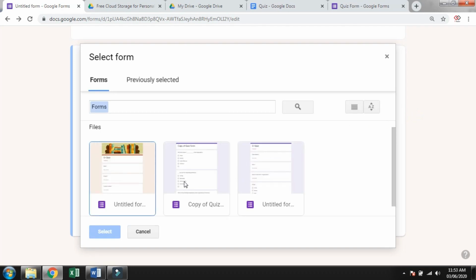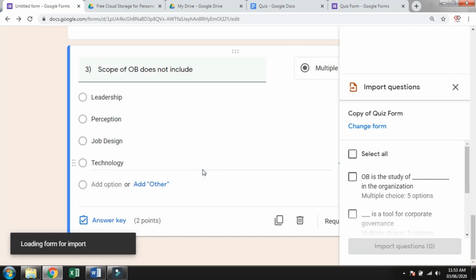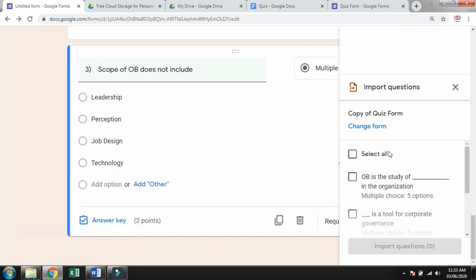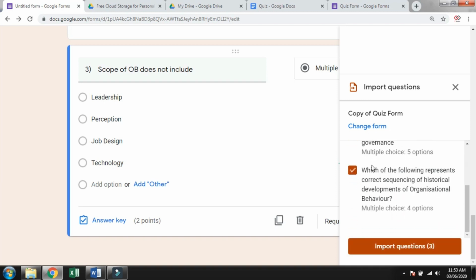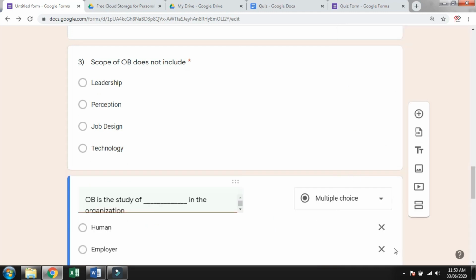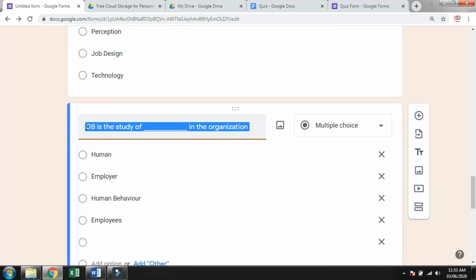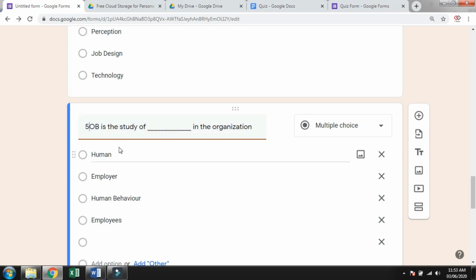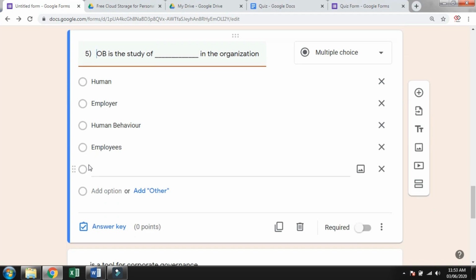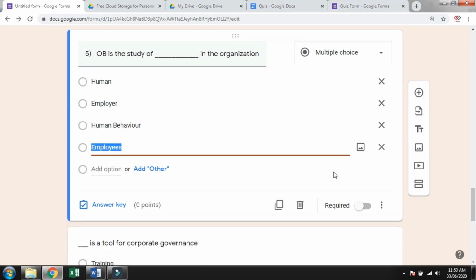The questions are already here. Select all, if you want to select all the questions, then Import Questions. I didn't add the question numbers there, so I'm going to add a question number over here. This option is not needed, so just delete it.